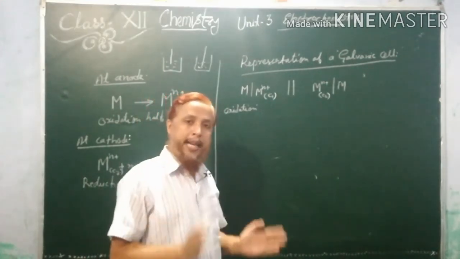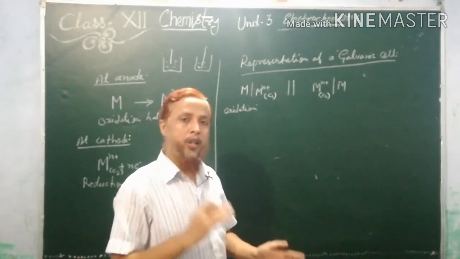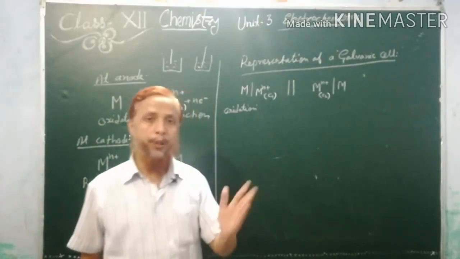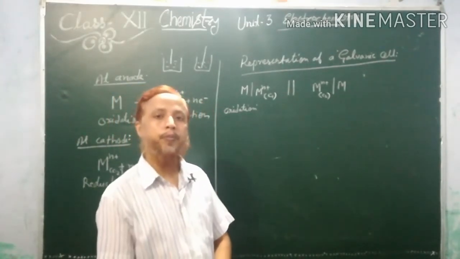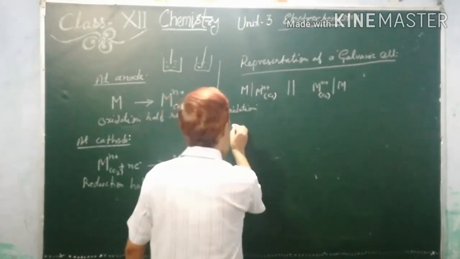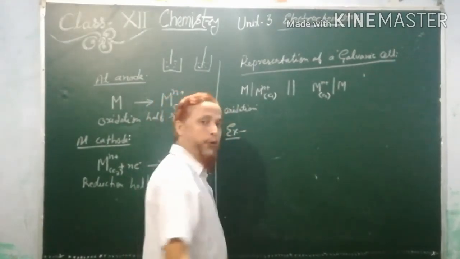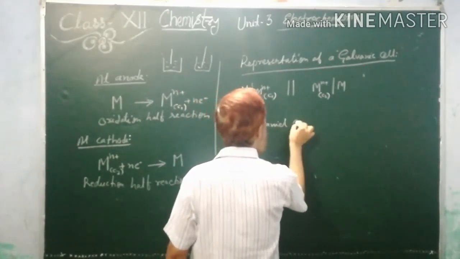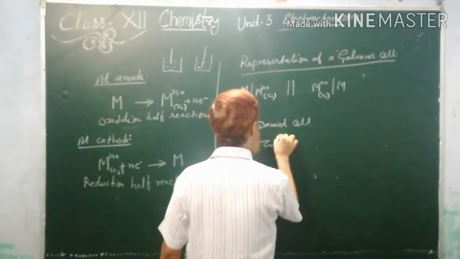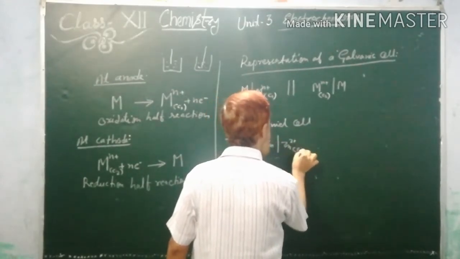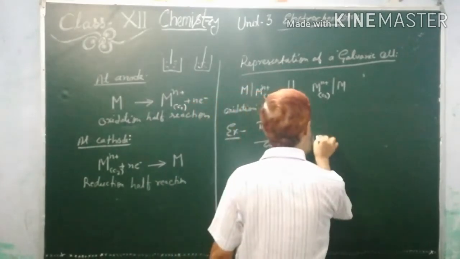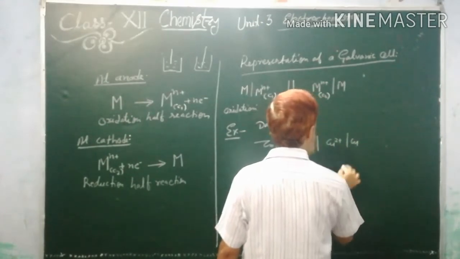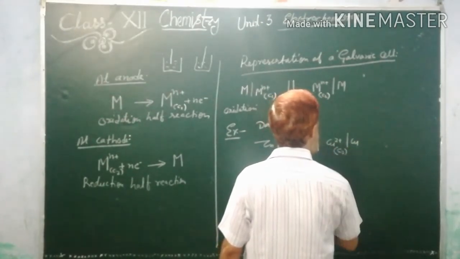In the Daniell cell, you know that zinc changes into zinc ion and copper ion changes into copper. So please represent it, and then you match. I will represent it here. So pause the video and do it. Probably, I hope that most of you have done it. In the Daniell cell, zinc goes into zinc ion, if the concentration is C1, separated with a salt bridge, and at the cathode cupric ion changes into copper, and the concentration of cupric ion will be C2.